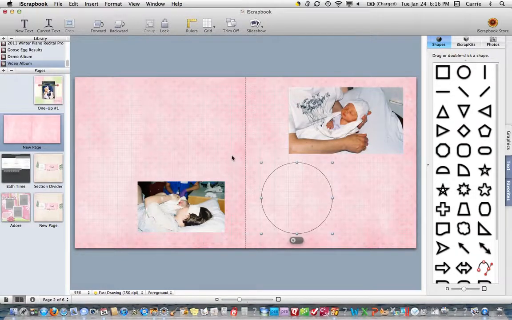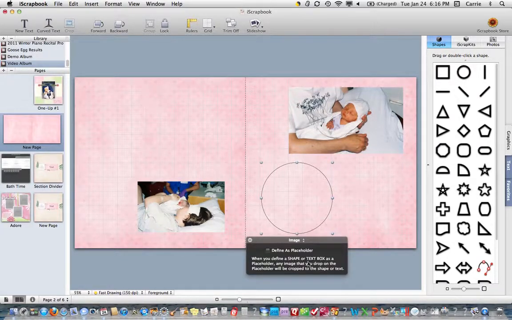Now, I want to put a photo into it. In other software like SBC Studio, you don't have to tell it you want to put a photo in there. You can just drop a photo in there and it trims it to the circle. In iScrapbook, you have one more step. You have to tell it that you're going to use it for something like a photo or a paper or embellishment. So if you click on your Smart Inspector again and click Image, it will open this little box